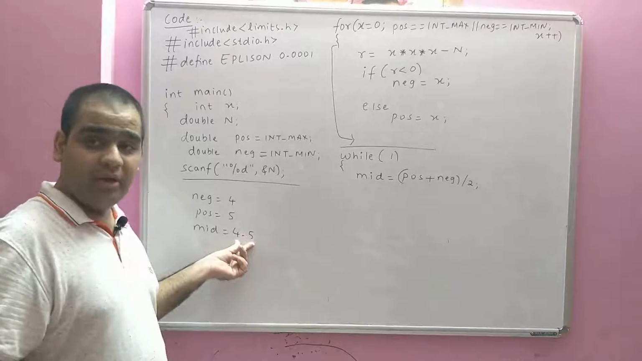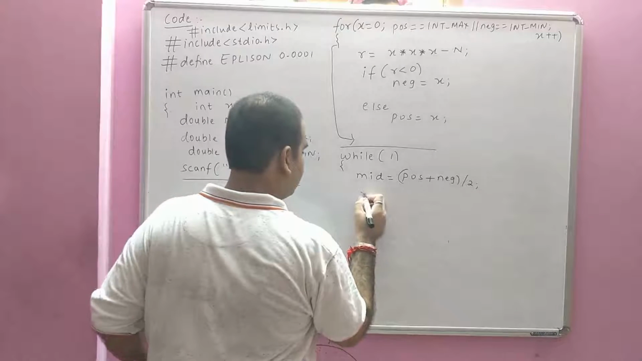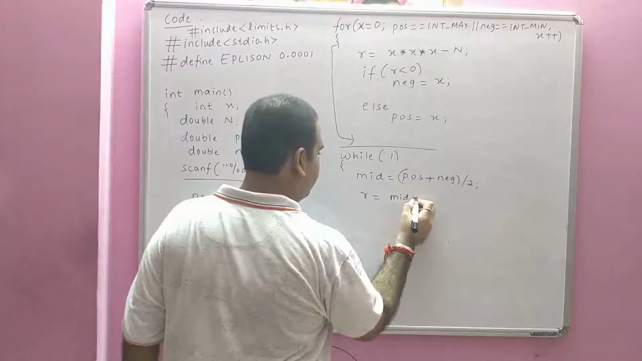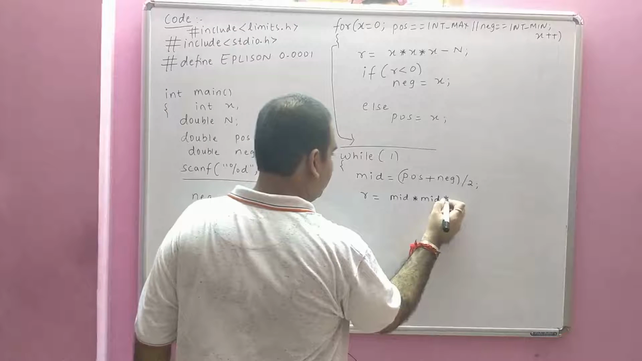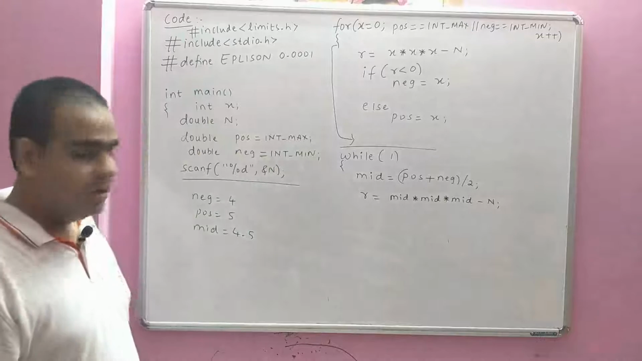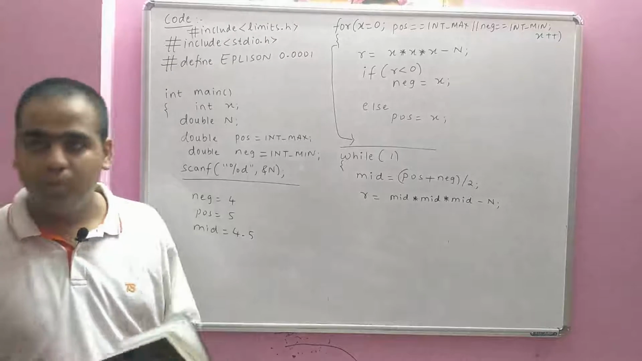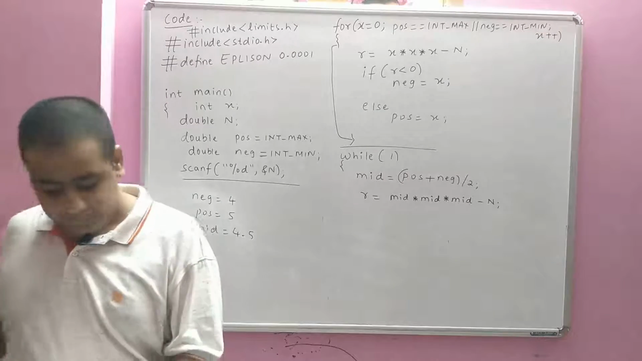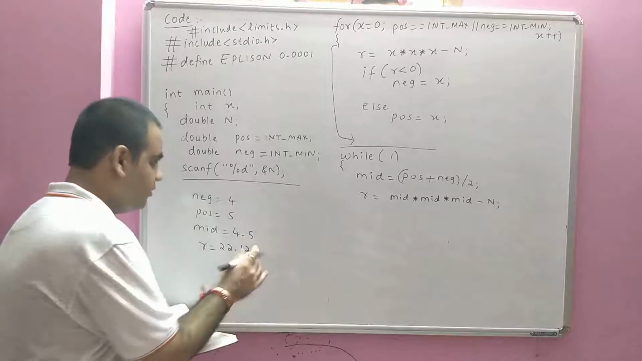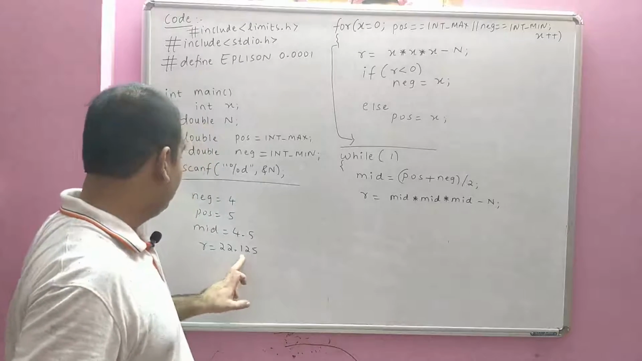Now you need to compute f of 4.5, that is 4.5 cube minus n. And let's store the answer again in R. How do we say? We say mid cube, mid into mid into mid, that is 4.5 whole cube minus n. The value of n is 69. Now you get some value of R. We know that the value of R is 22 point something. Already we have solved it. R is 22.125. Now this 22.125 is way larger than